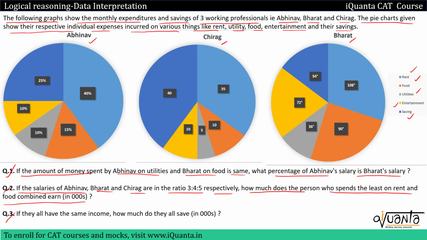Now in two of the pie charts we have been given percentages, like in the first one 25, 40, 15, 10, 10. These are in percentage. In the second one as well, 35, 40, 10, 5, 10. These are also in percentages because they are making a total of 100. In the third one we have been given the distribution in degrees. So this is a whole pie chart. I have already told you, in a pie chart the sum of all the angles, this angle, this angle, this angle, this angle and this angle, their sum is 360. So using these angles we'll have to determine their percentages. We'll do that further in the next slide.